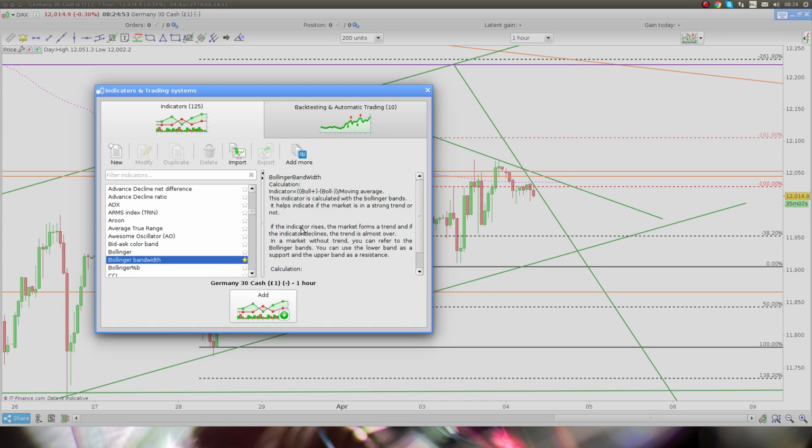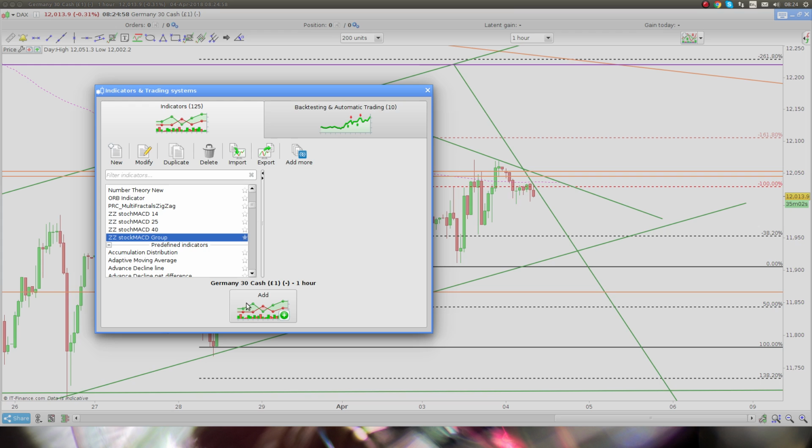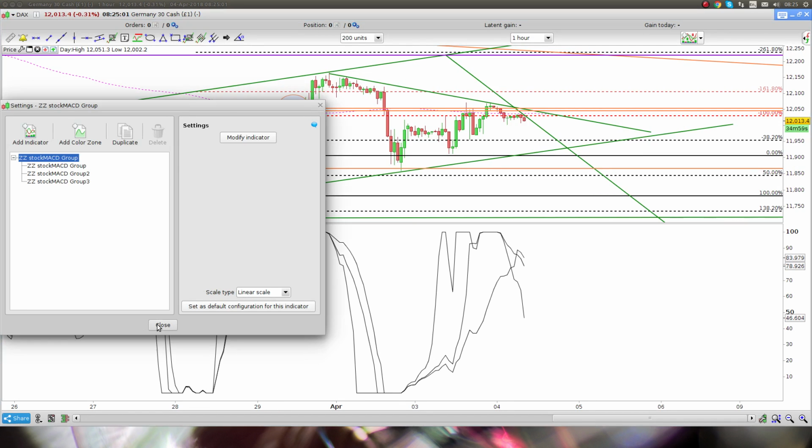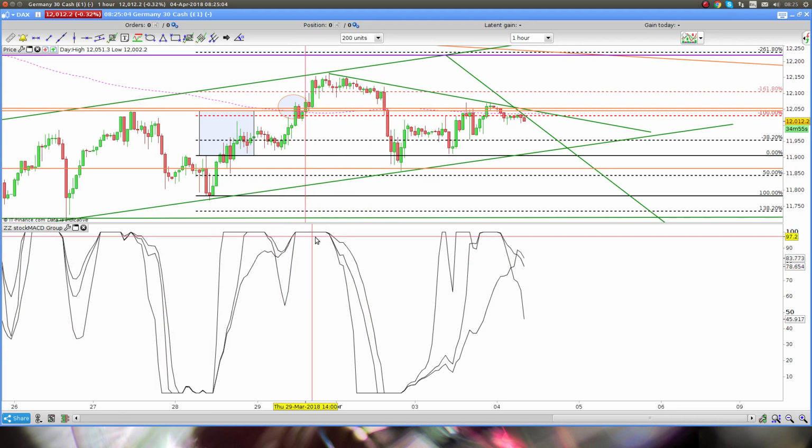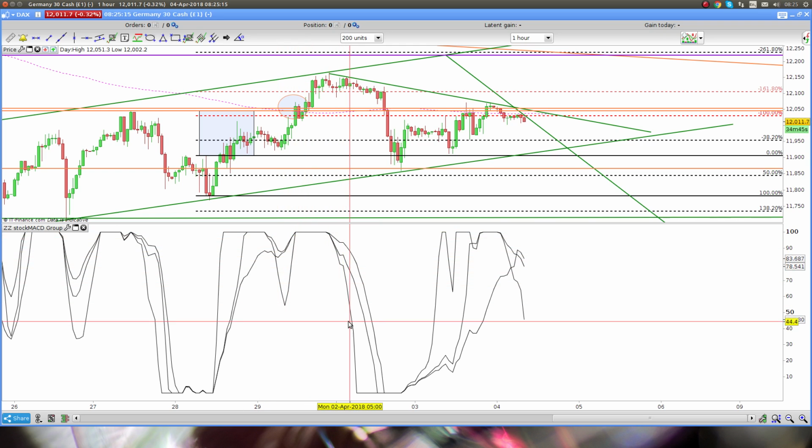And anybody using ProCharts, I want to show you a pretty good indicator which we've coded. And this is really just a stochastic, but the calculation is not a stochastic calculation. The calculation is a MACD calculation. And what it is, I've got 3 different time frames. So I've got a short, medium, and a long time frame.